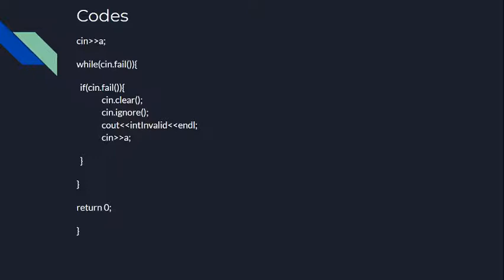So if it fails, I'm going to clear whatever the person entered. I'm going to ignore whatever the person entered, using these two built-in functions in C++. And I'm going to count out that invalid string that I had earlier. And then I'm going to send a again, and I'm going to continue that process until the user enters a valid